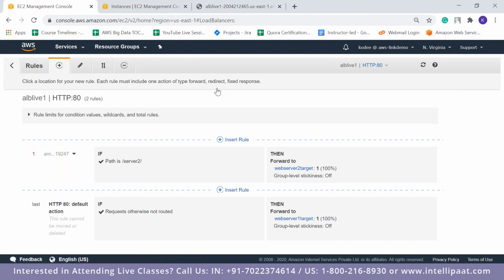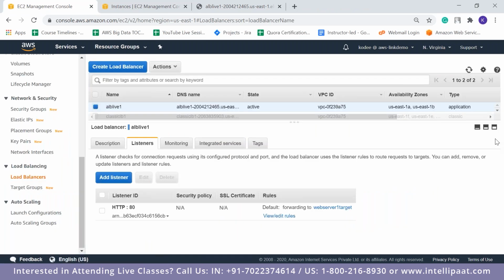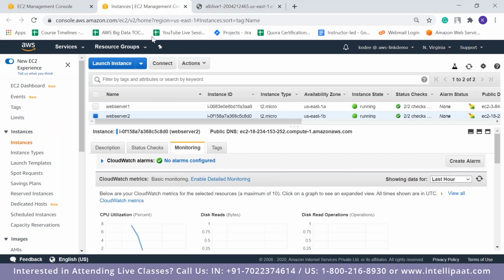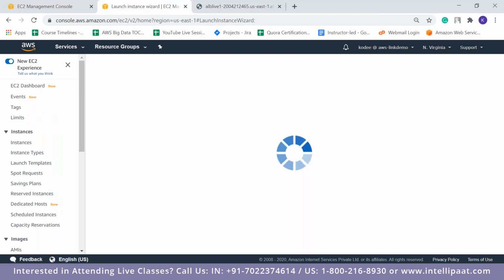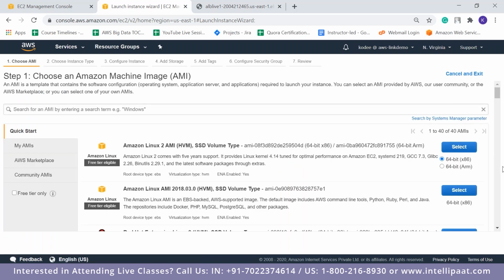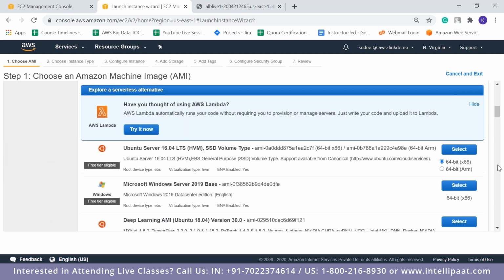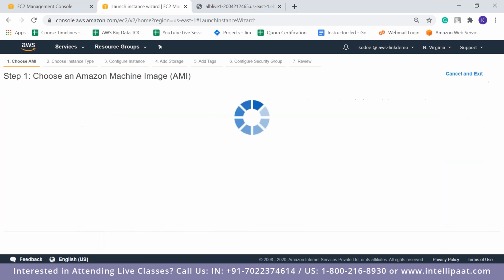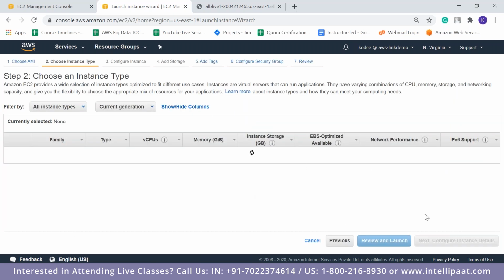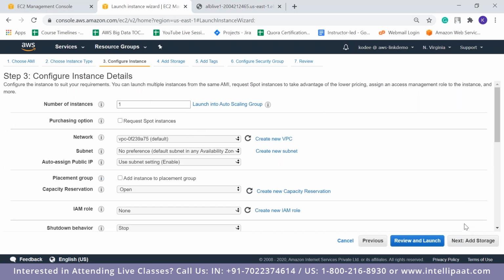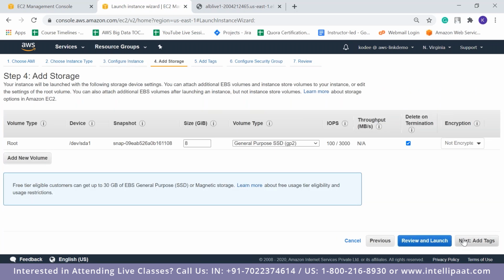Because many of you have asked for it, I'll just show you how to create the key pair. First of all, you'll have to go to instances. Let me launch a new instance so that I can show you clearly how we can create, for example, a new key pair. So let me just do Ubuntu again. I'm just going to go through this part. I'm not going to change anything, guys, because I just want to show you how to do that.